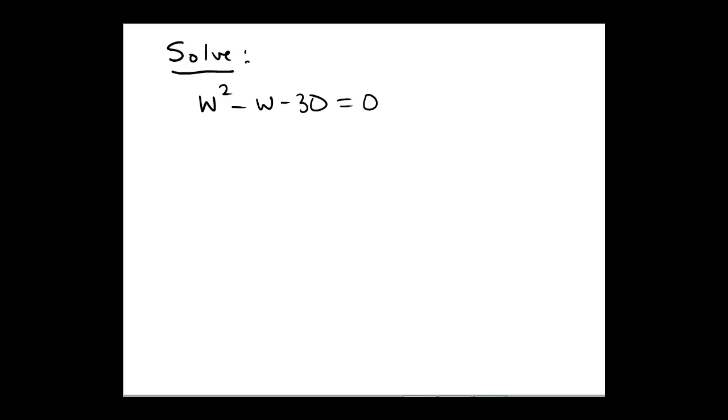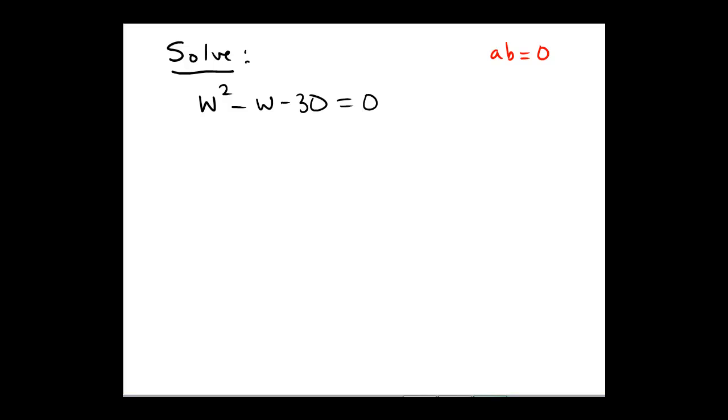Quadratic equation: W squared minus W minus 30 equals 0. First step is always to get 0 by itself in a quadratic equation, rather than when you're dealing with lines, where you want to isolate the variable and get the variable by itself. And here we're going to isolate the variable by the end also, but we need to use something called the zero product property. So our big goal is to get 0 by itself so that way we can eventually say